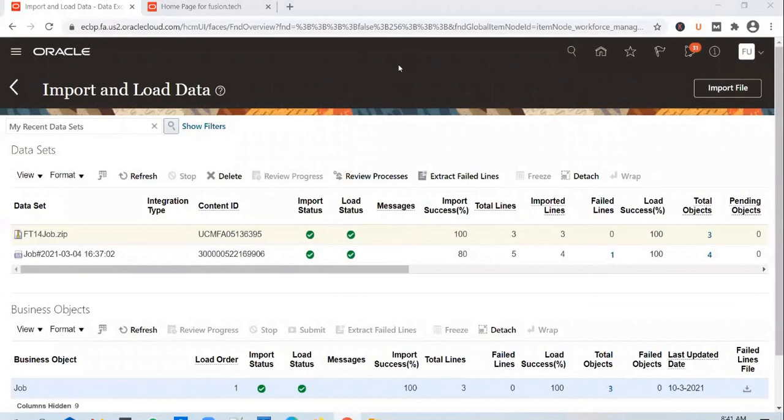Any other questions, guys? Yeah, Prasad, just related to the threshold. Let us say I'm giving 20% as a threshold. Suppose the first line is processed successfully, then it will be loaded, right? Correct. That's why I said it will do more harm than good. The processing will stop after it reaches the threshold.